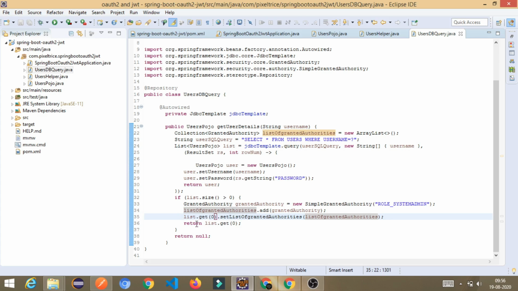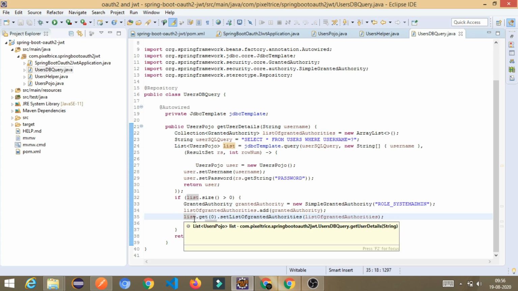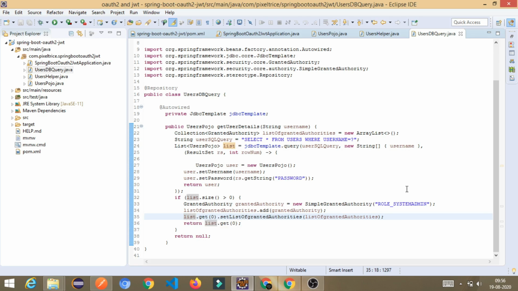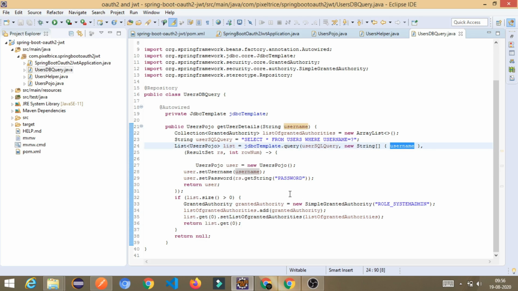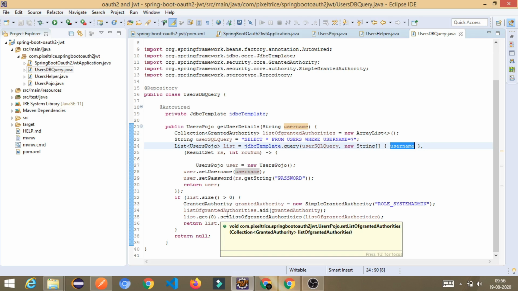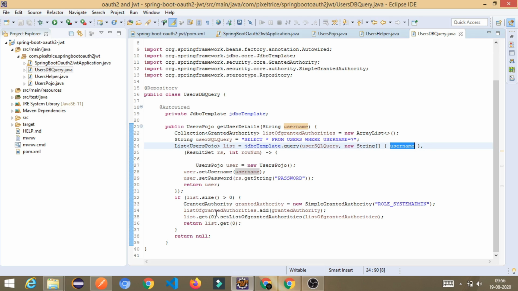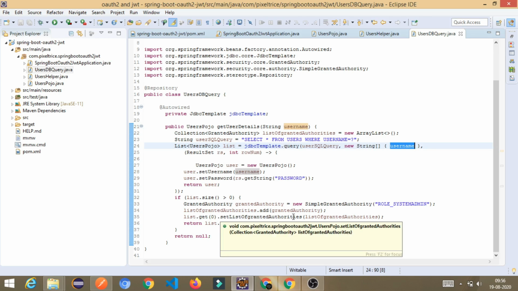See what I did here. I already told you, the list contains only single data, because a username belongs to one person only, so it will always return a single record or single row from the database. So we call get and pass index 0, which means I get the first data from the list, and there I am setting the list of granted authorities.